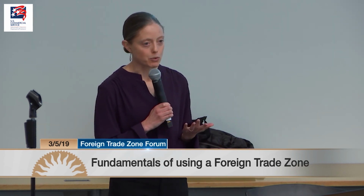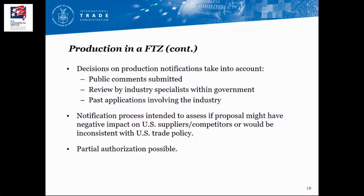And there's not much to this request either. So, the steps we have to take into account. We will open up a public comment period, and we will just discuss briefly with industry specialists within Commerce. But that's it. And the information that you have to submit to us is really your company, where you're located, and then we'll ask for a list of your finished products. That's what leaves your zone, and your imported components, what goes into your zone. That's all we're asking for. We'll go through these steps, and if we don't see any issues, then we'll say go ahead and do it at day 120. Now, if we do see issues,